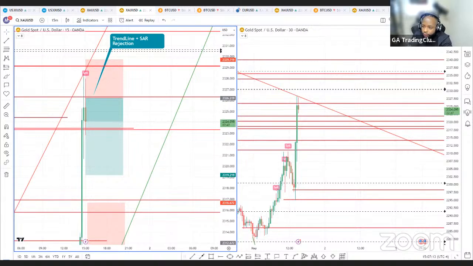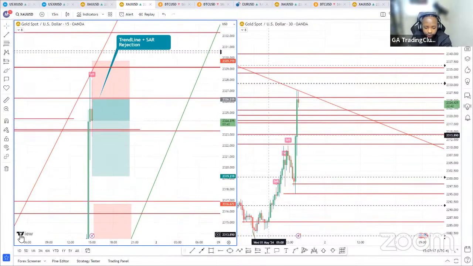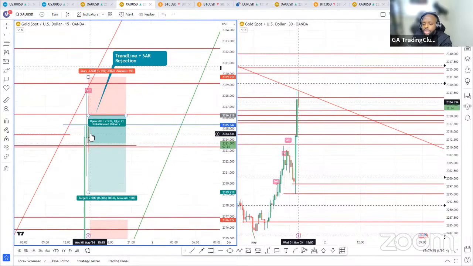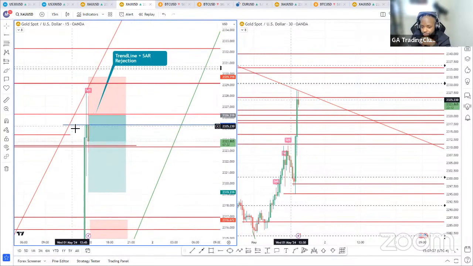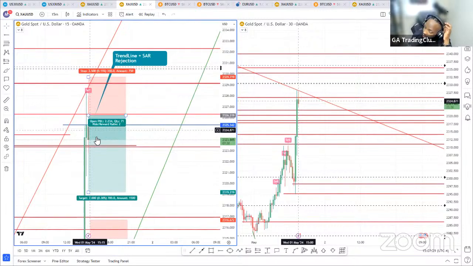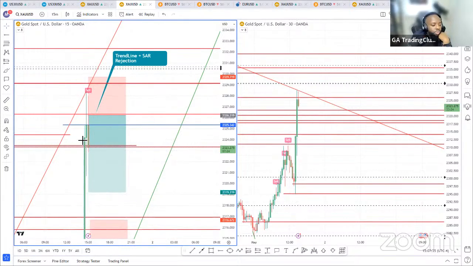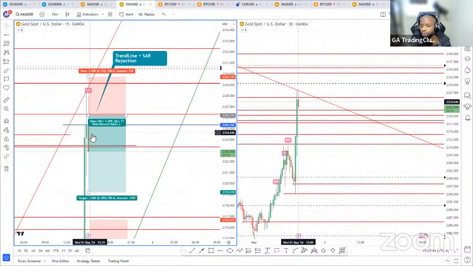So if we break the open, knowing that we're about to start losing liquidity in the market, if we just break the open of this candle, I will manually set this trade to break even. So it's either I automatically get a break even by an automatic 1:1 risk to reward. But if we swing back up and just break or touch this open of this candle, I will manually move